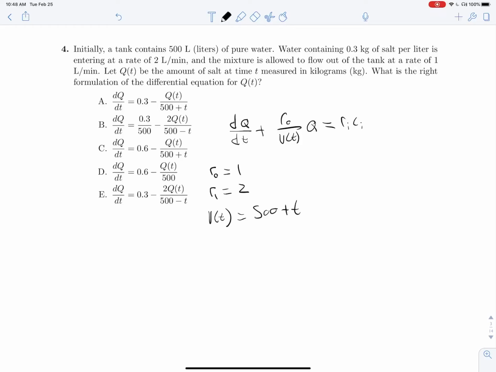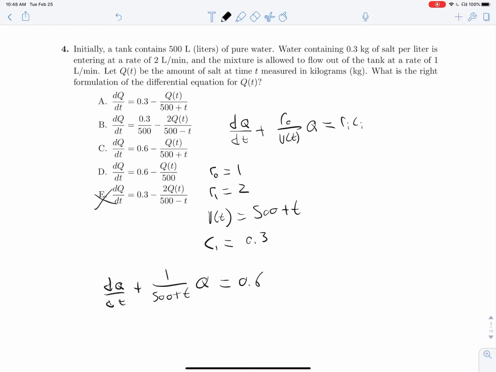Oh, c_i, that's the concentration of the solute in our inflow, which is 0.3. So we should have everything that we need to set this up. dQ/dt plus r_o, which is 1 over 500 plus t, multiplied by Q is equal to r_i c_i,